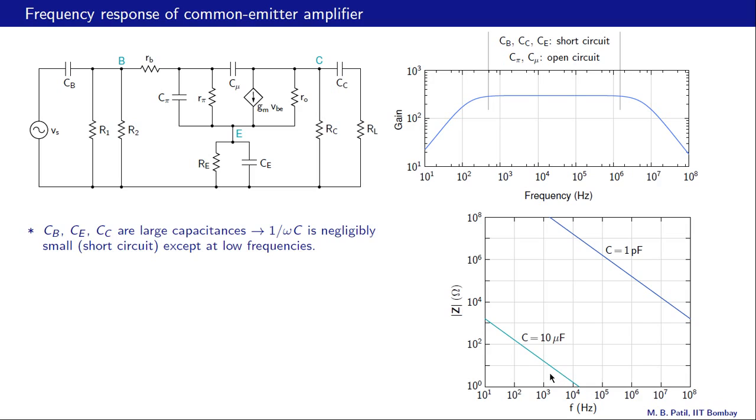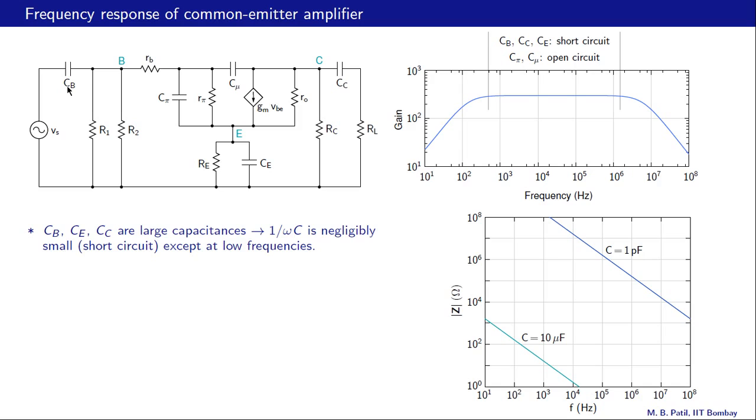So as we see, 1 over omega c for this case is very small. This is 1 ohm, this is 100 ohms. So it is 1 ohm or smaller in this frequency range, and it starts becoming appreciable only when frequencies are low, let's say 1 kilohertz or lower. What happens then is the following. For example, let's consider